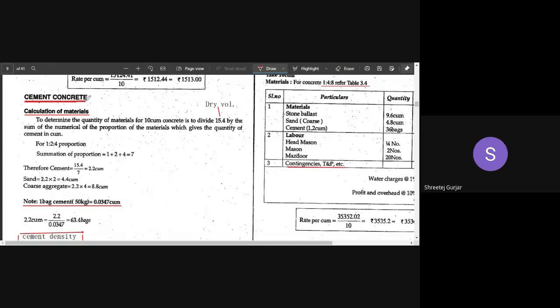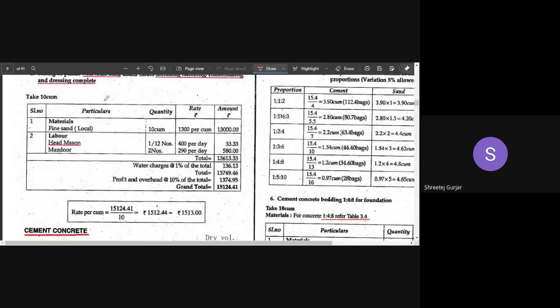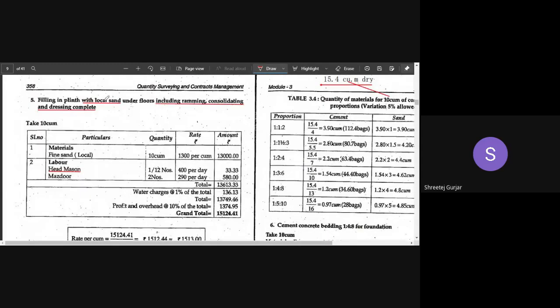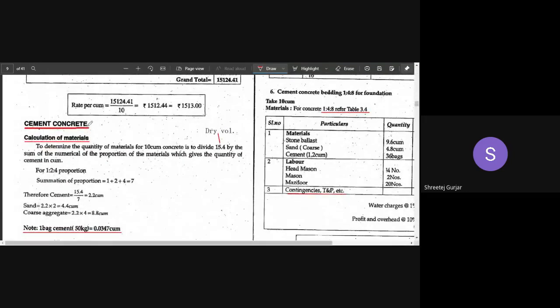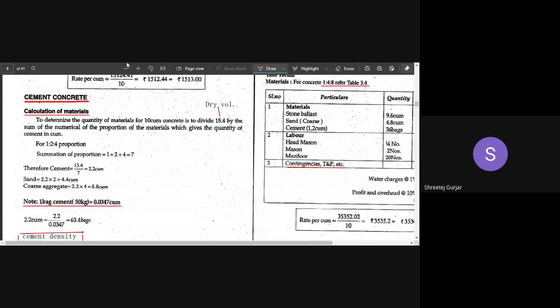Okay, cement concrete. Now, in the previous things, we see that there were not many materials that we were concerned with. Only excavation, we had no materials. But in plinth filling, we had seen that we require sand. So we had considered that sand. But now, in cement concrete, we have different materials, right? We have cement, we have sand, that is fine aggregate, we have coarse aggregate, right? And various other materials, any admixture if you want, we can also consider that.